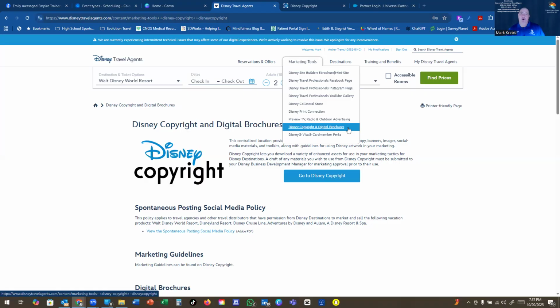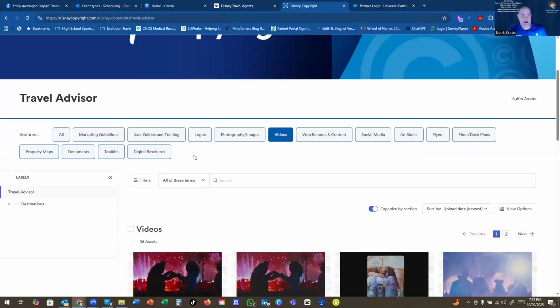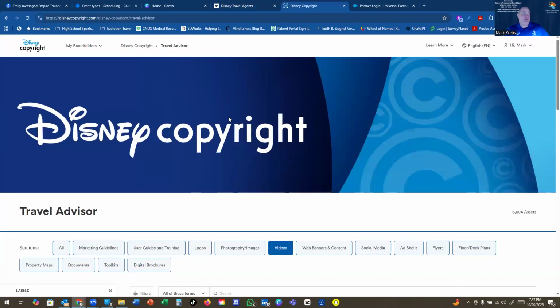So, okay, so the links that I get into in here, once you get approved to access Disney Copyright. If it's asking you to register, you need to use our BDM, or Business Development Manager's name, Terra Williams. Okay, and request access. And you should get that in 2 to 3 business days. So if you have not requested access to Disney Copyright yet, because this is proprietary information, guys.